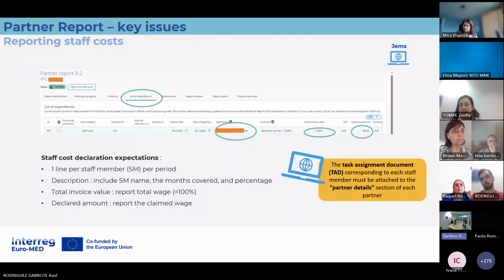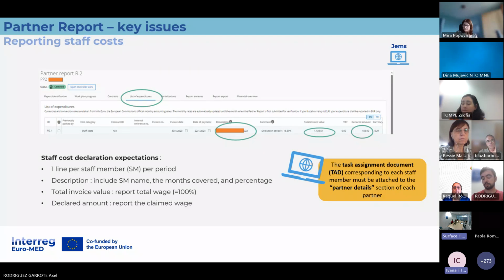It's internal, it's for you. For us, it's up to you. We don't need any information there. I think that should be the number of the contract for every person that is in the staff. Yes, here you can enter your internal reference number. So for you it is the number of the contract, and then it will be easy for you to find the documents in case of an on-the-spot visit, for instance.